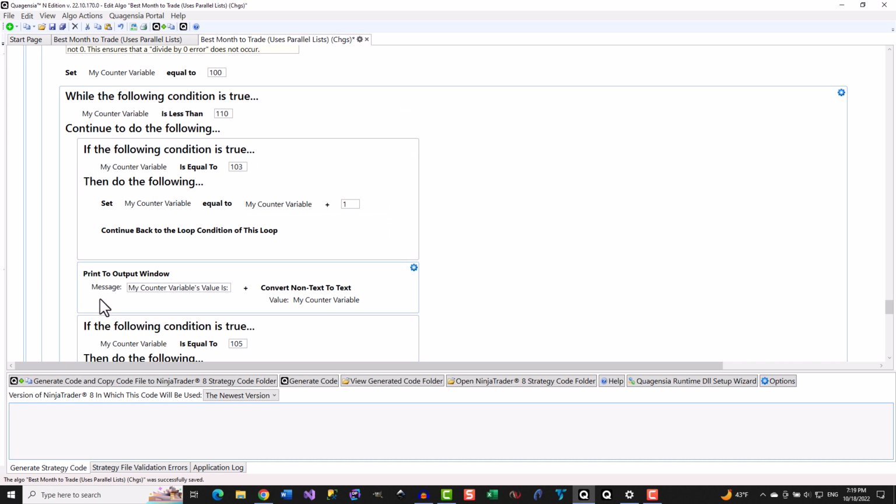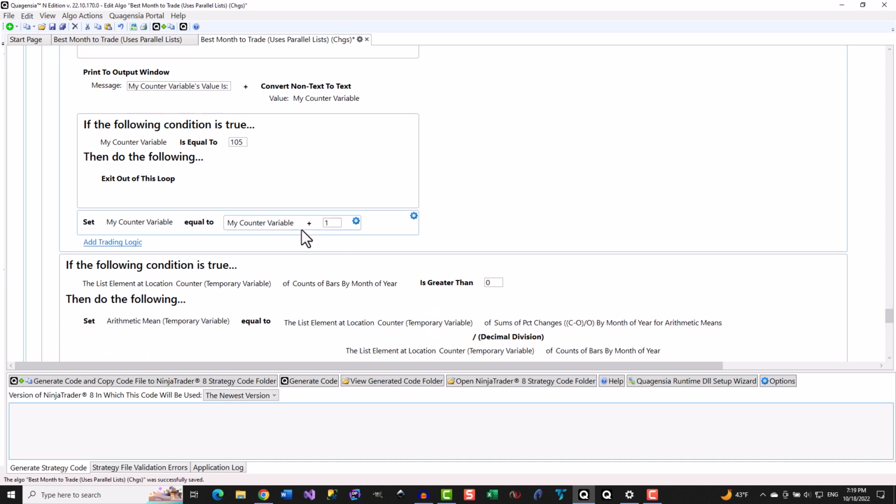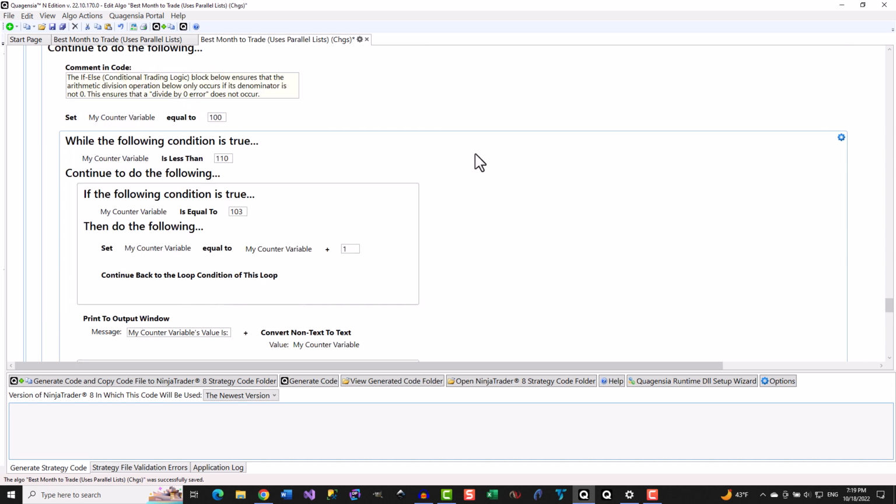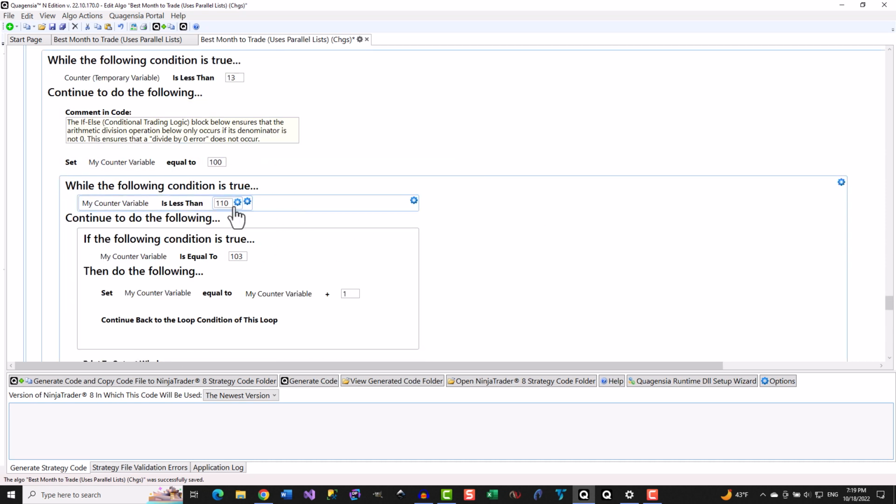Since we add 1 to the counter variable before we execute the Continue Back to the Loop Condition of This Loop action, its value becomes 104, the loop is entered again, and the counter variable's value of 104 is printed. Execution continues to the very bottom of the loop, at which point the counter variable becomes 105, the loop condition is true again, and the counter variable's value of 105 is printed.